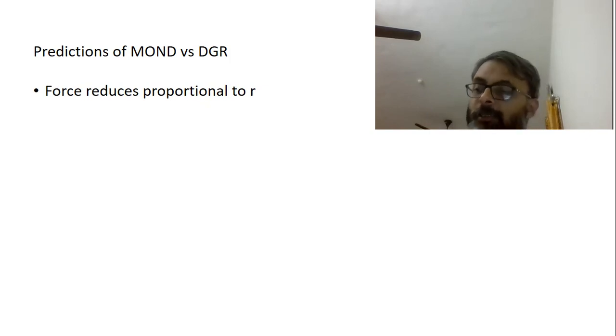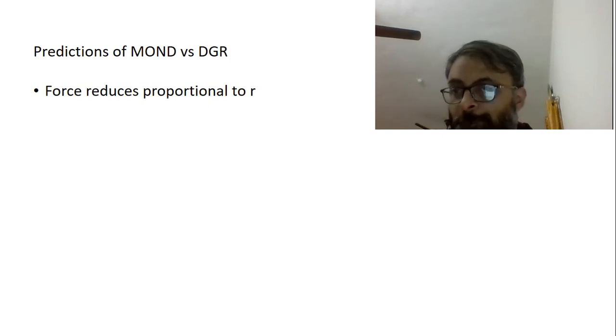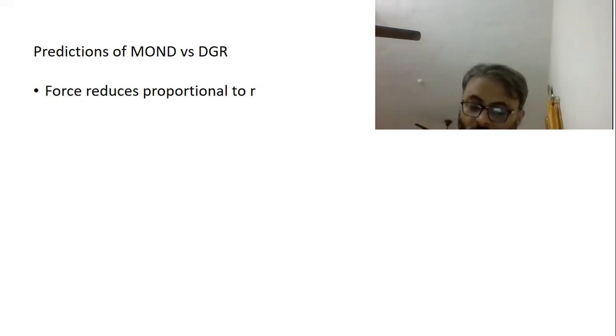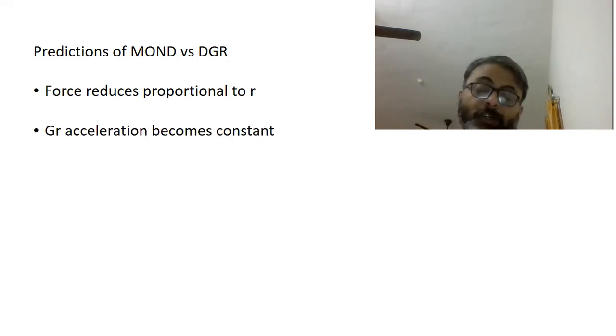So if it is linear, then in this particular area, gravity behaves slightly differently. Gravity here is not related to one star or two stars. It's related to the entire mass of the galaxy. So the entire mass of the galaxy can put its influence here. That is the reason why it is different here. Here the gravitational acceleration becomes constant. That's called A naught.